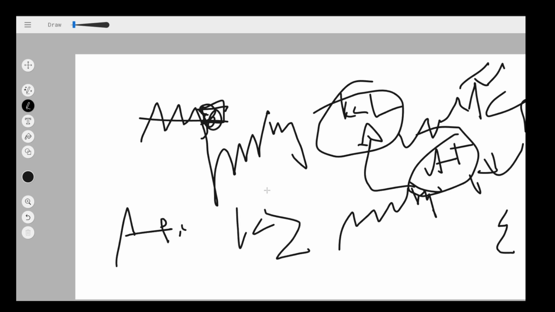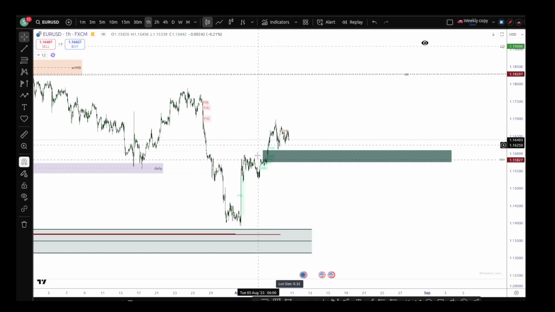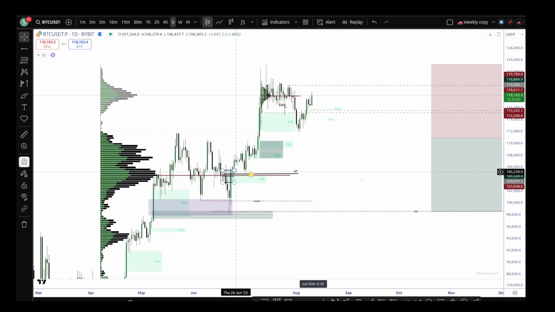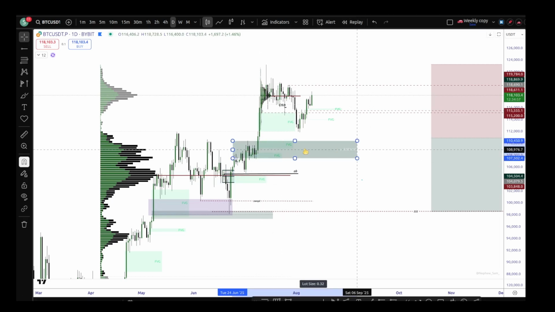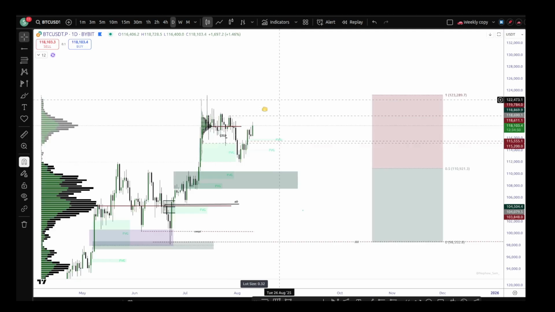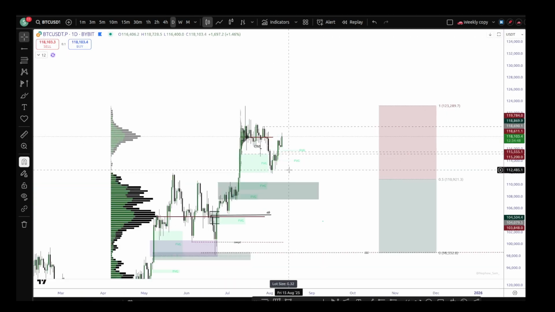So the key zone is important, whether it's an order block, Asian highs, previous day's highs, previous week, etc. So that's for the Euro USD. And the Bitcoin, we are anticipating some zone to be tested here, I believe, right? And we didn't get that, which is fine. But again, it's testing the point of control. I would like to see it reclaim the point of control for the objective upwards.